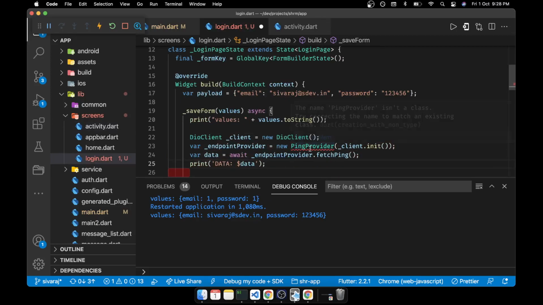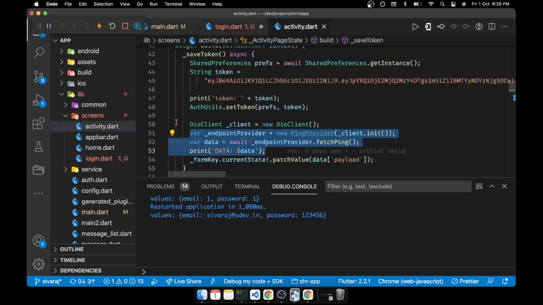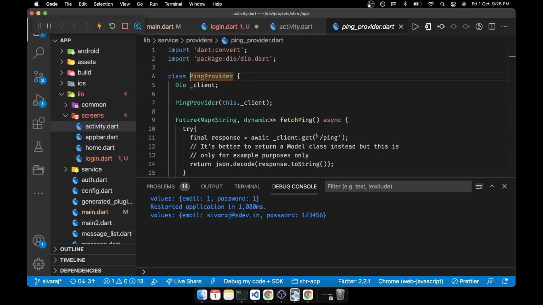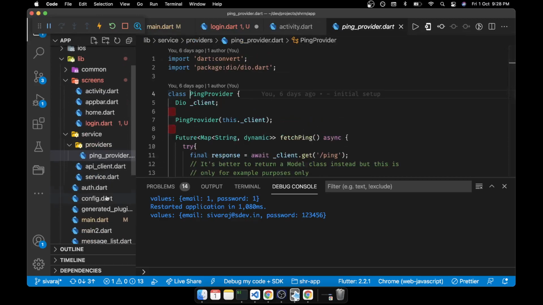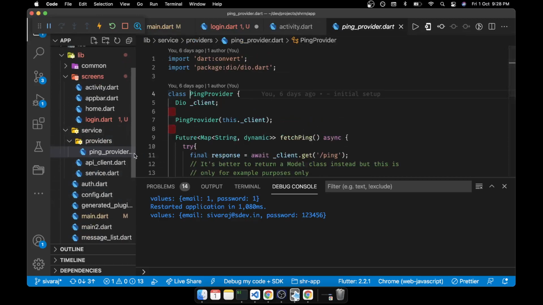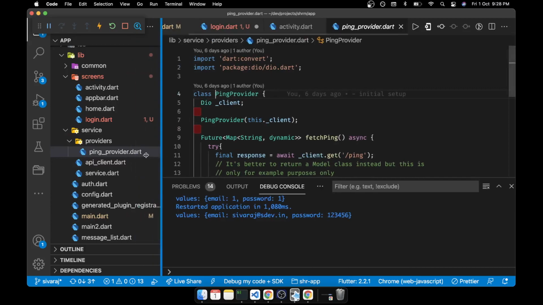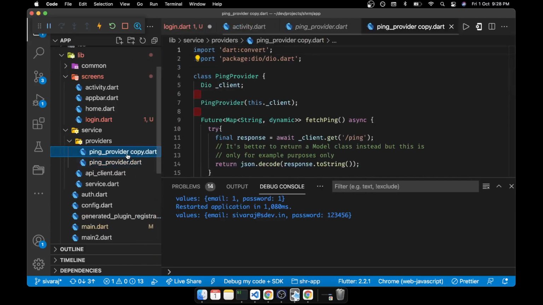Okay, so instead of ping provider, first we'll go to the ping provider. So here we are having the list of providers. Okay, so now we need to create a login provider or not? So we can just copy paste it, login provider.